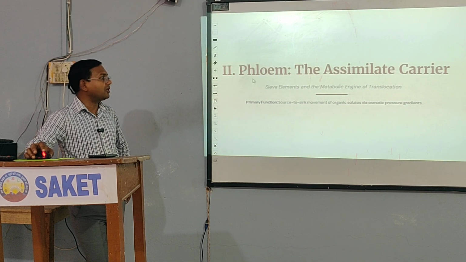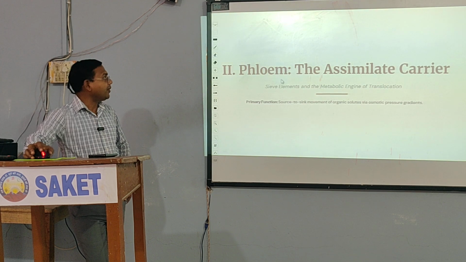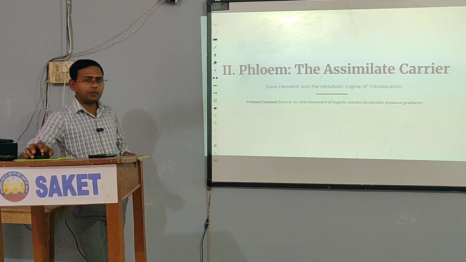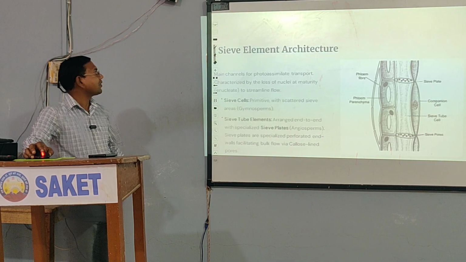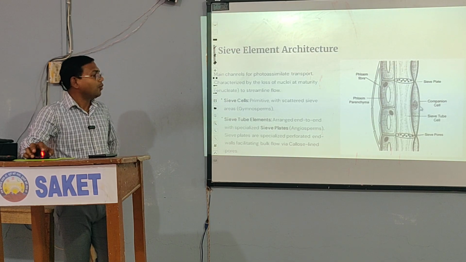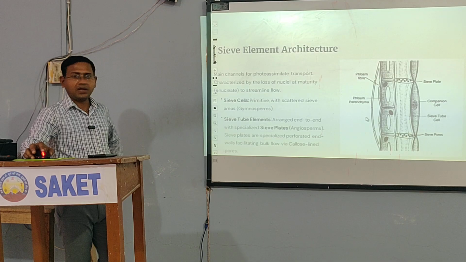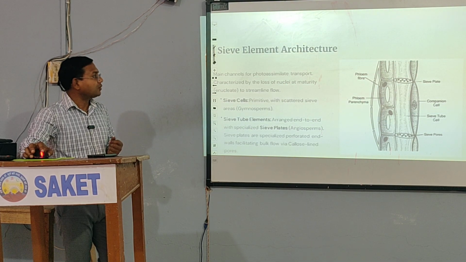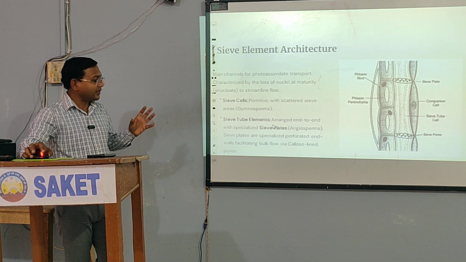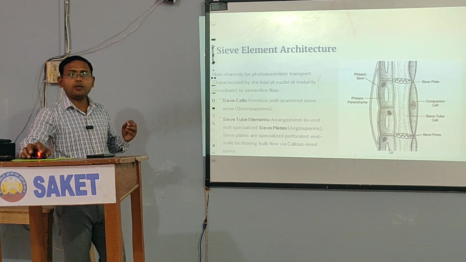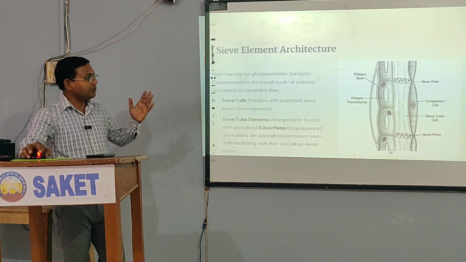Similarly, let's talk about the phloem. It is the main component in the vascular bundle which translocates the food material in the plant. In the xylem we have tracheary elements, which include the vessels and tracheids, and that helps in the transport of water. Similarly, here we have sieve elements. These may be sieve cells or sieve tube elements. These are special cells which help the plant in translocating the photosynthesized food from the leaves to the other parts of the plant.